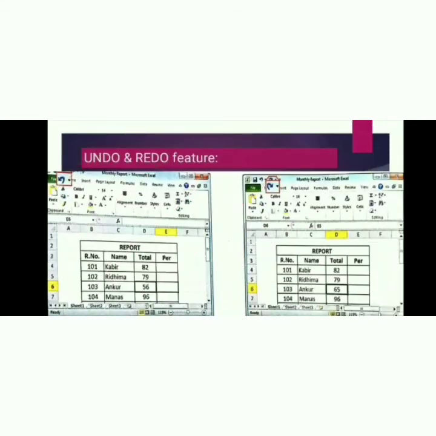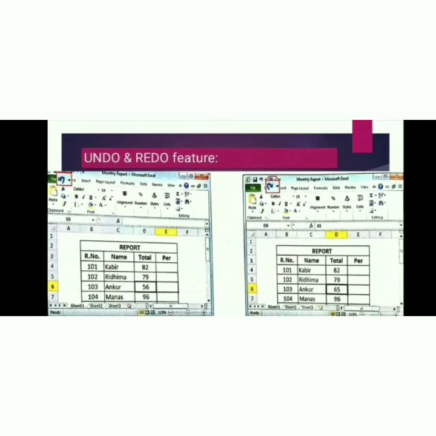There are shortcuts also on the standard toolbar. These are the icons or symbols of the redo and undo commands on the standard toolbar on the left hand side.